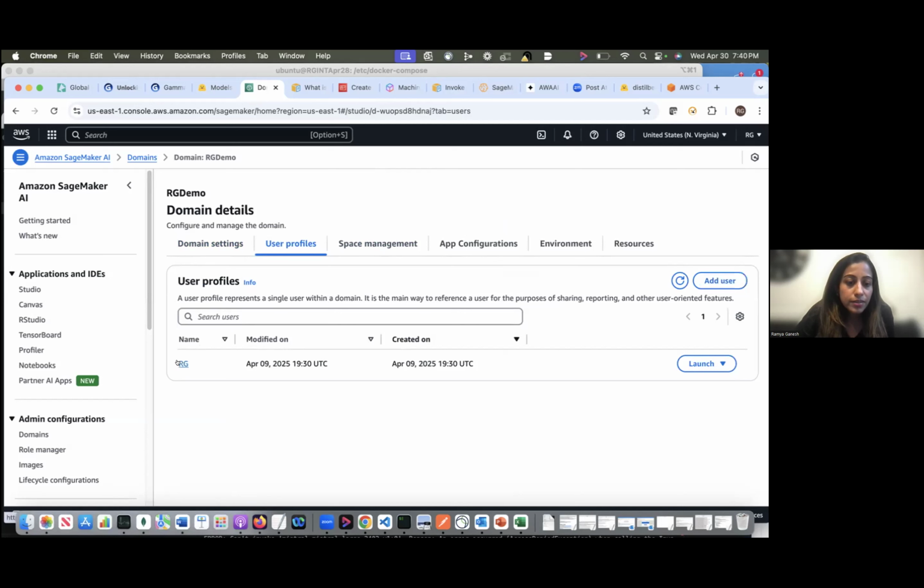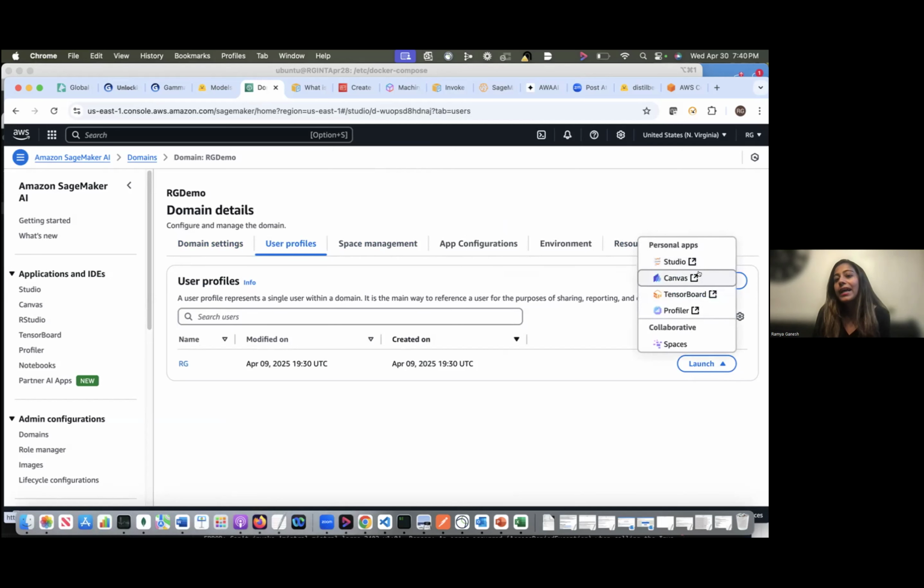Once a user is created, you will have this launch option. When you click on launch, you will see Studio, Canvas, and so on. All these are basically IDEs, just like Visual Studio, the interfaces offered by Amazon SageMaker. For today, we'll just focus on Studio.